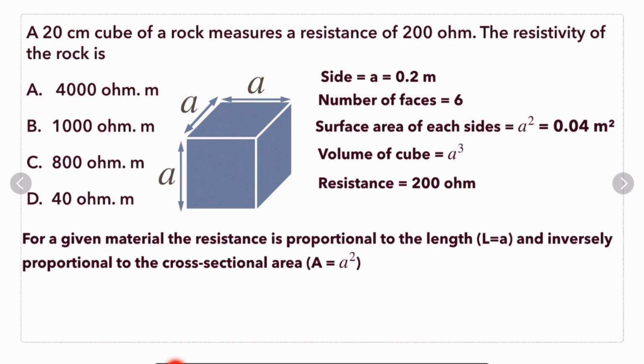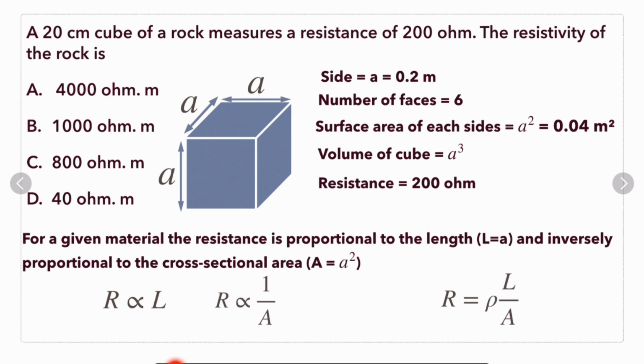So resistance is proportional to length L and inversely proportional to cross sectional area A. If we combine these two, we get resistance equals resistivity into L divided by A. Here resistivity, which is rho, is a constant for a certain material. For a particular material this value will be constant, and the variable value will be R, that is resistance, and resistivity rho will be constant.